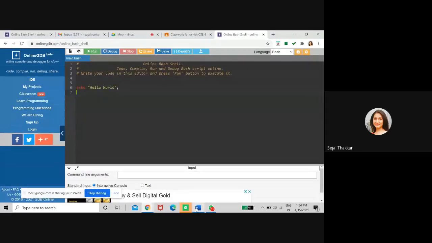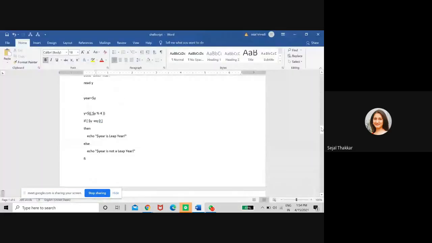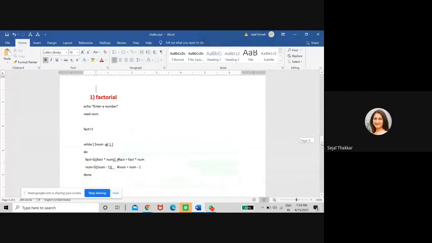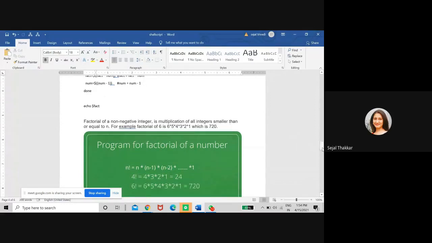For example, suppose there is a program to find the factorial of a given number. What is your first condition for finding the factorial? The number is non-negative, right? And it is the multiplication of all the integers smaller than or equal to that number, down to 1. For example, to find the factorial of 6, I have to multiply all the numbers lesser than 6, so 6, 5, 4, 3, 2, 1.